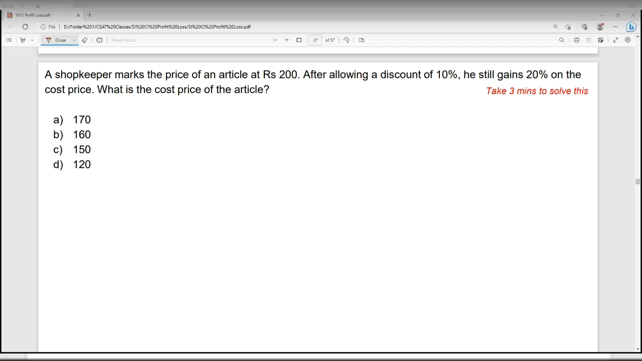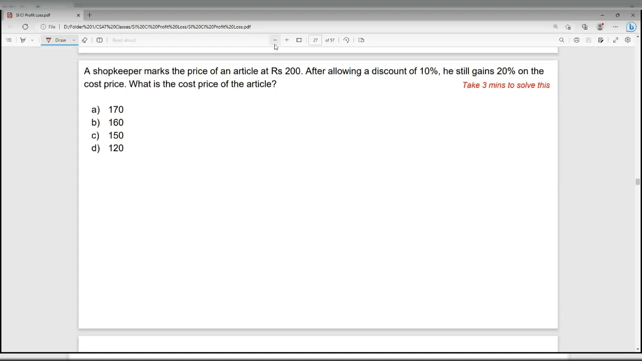So majority have got it correctly. So we'll see how to go about this for the remaining people who have not got this answer. A shopkeeper marks the price of an article at 200. After allowing a discount of 10%, he gains 20% on the cost price. What is the cost price of the article? So we have to find out the cost price of the article. Let the cost price of the article be P. So what they're saying is, a shopkeeper marks the price of an article. The markup price